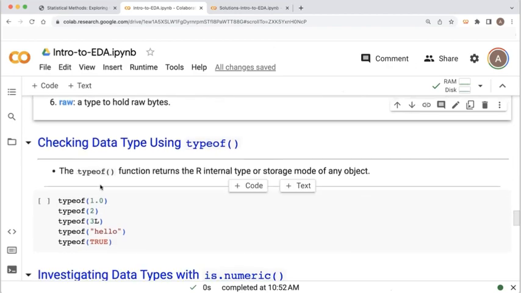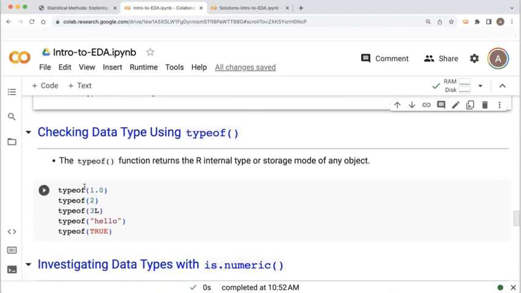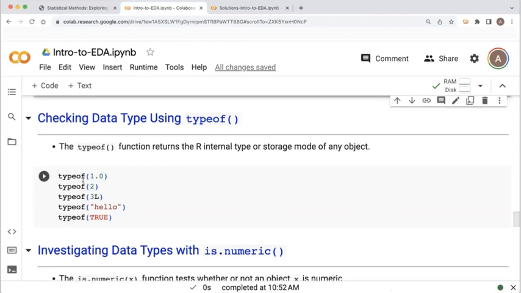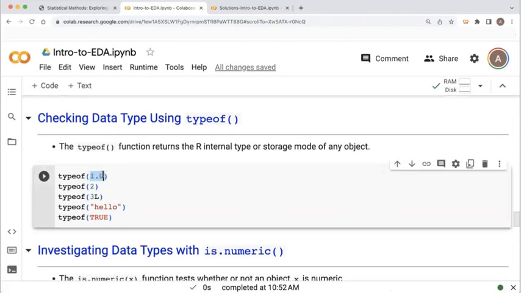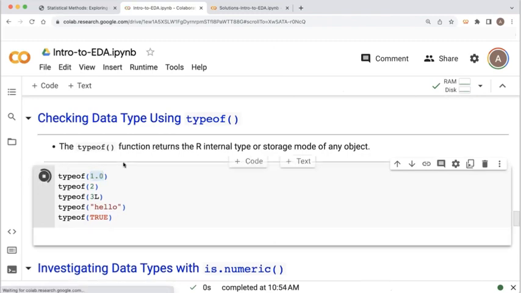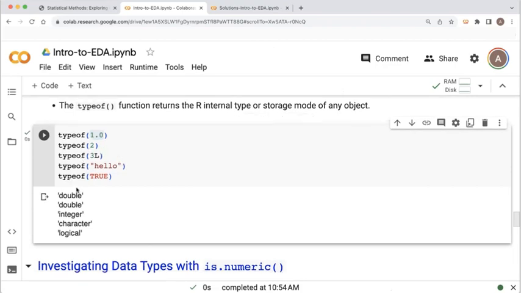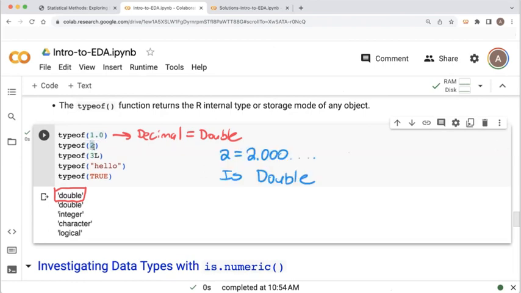So one really useful way to play around and check different data types is to use the typeof function. The typeof function will tell us what data type the thing inside the parentheses is. So I'm going to run this code cell and we can check the output to make sure it makes sense. The number 1.0, that is a decimal. The number 2, by default, when I enter a number, it treats it as a decimal. And so if I want to store something as an integer, notice I need to put an L after the number. So 3L is the integer 3. 2 is the decimal